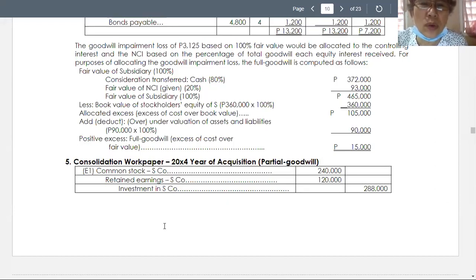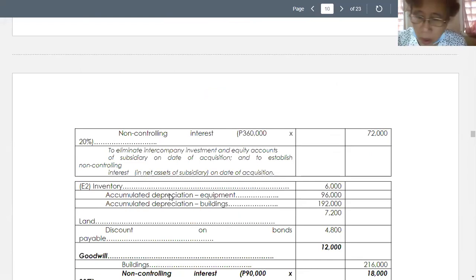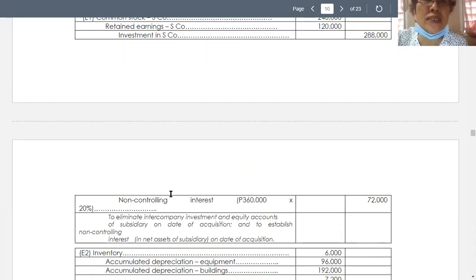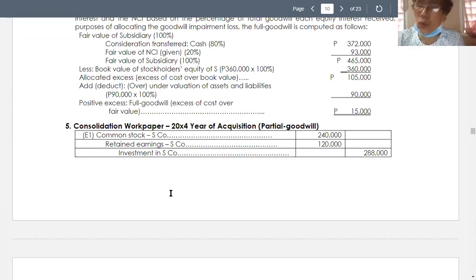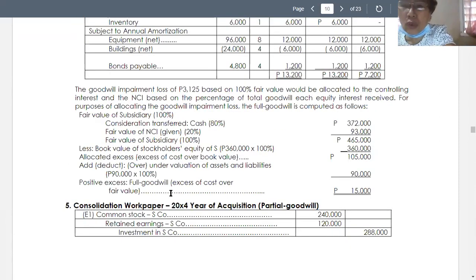Then we also debit retained earnings, for the same reason, to eliminate the retained earnings account. So the elimination entry will credit investment in S company in the amount of